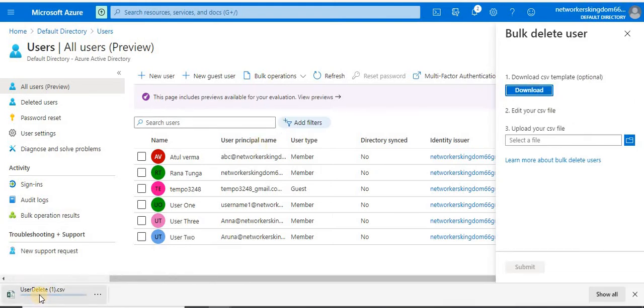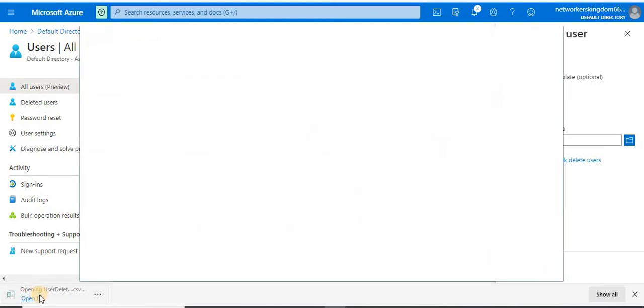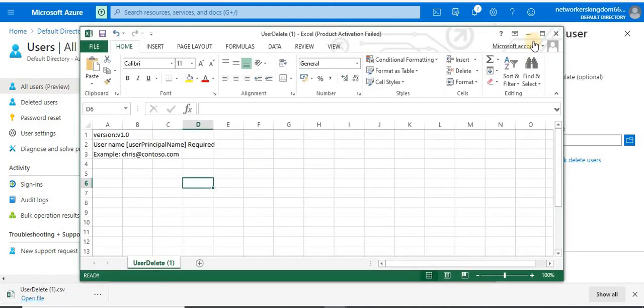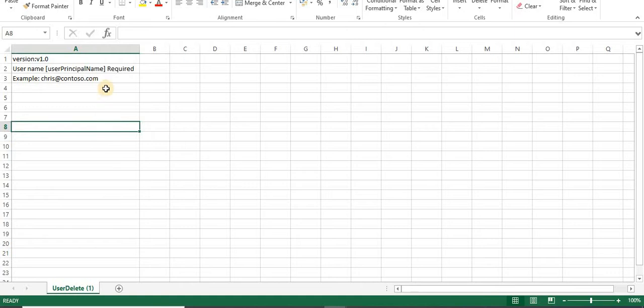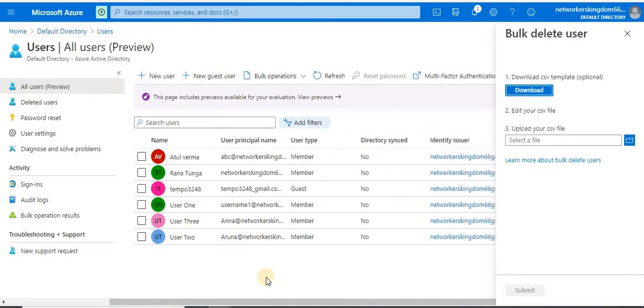See, it says user delete file. Click on it, and the file name is user delete one. What are the entries? There is only one entry, and it is asking for user principal name, and it is required. Let me show you what a user principal name is. Let's move here. Suppose I want to delete this one.